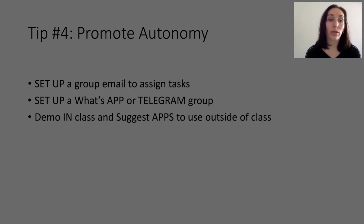So now with all this social media easily available, there are just so many opportunities that you can use to promote autonomy. Of course, it has some downsides. It means that you will need to work outside of your regular hours. And as far as I know, such work is not usually paid by your employers. But I think that stays up to you. Do you want to be a regular teacher who is stuck at teaching to be or not to be, to A1, A2 level, constantly repeating the same course books? Or do you want to be a more